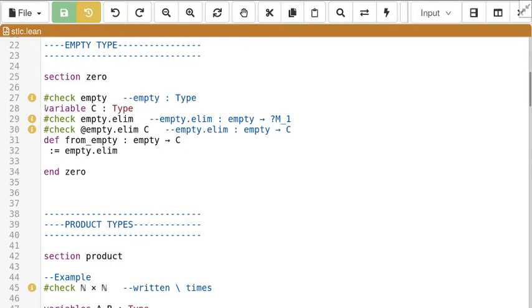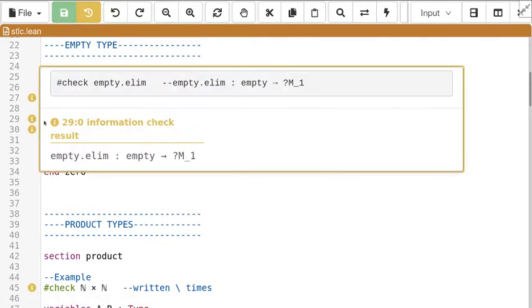The empty type does not have any introduction rule, so we cannot by default construct a term of the empty type. By default here means without assuming any other hypothesis. However, we have an elimination rule for the empty type, and this elimination rule is called Empty.elim. If we check this,